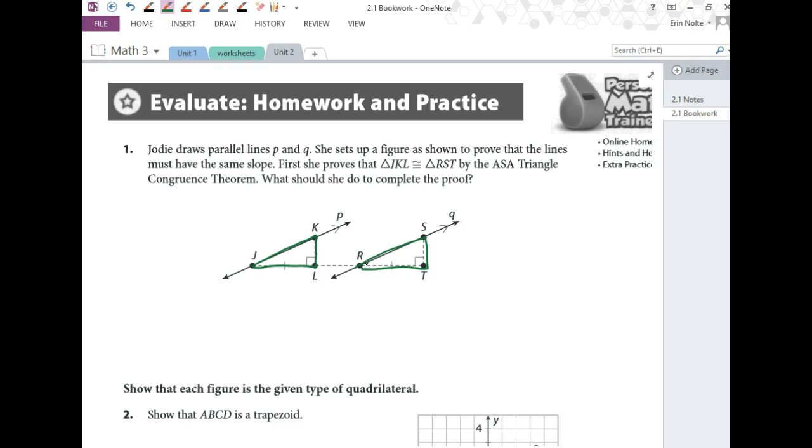So the first thing that we want to do is make a statement that the side KL is congruent to ST. So those two lengths are exactly the same, true? Okay, because the triangles are the same. And JL is the same as RT. Okay, so since that's true,